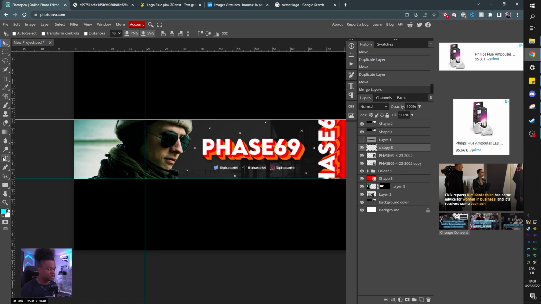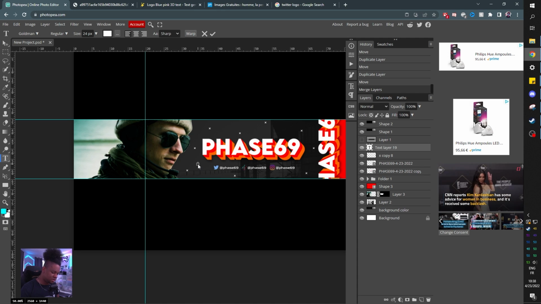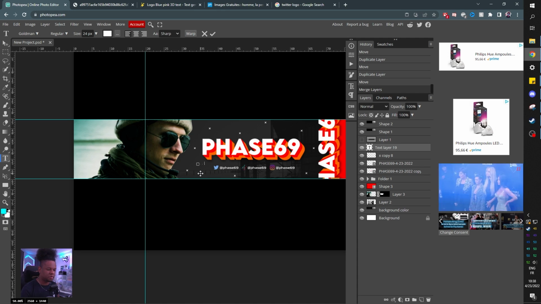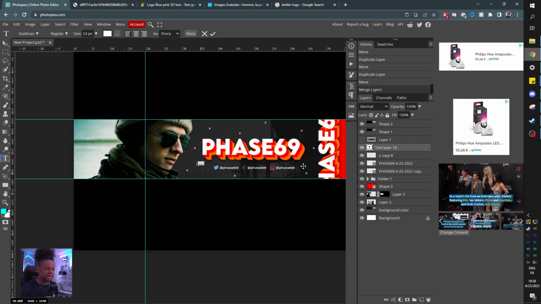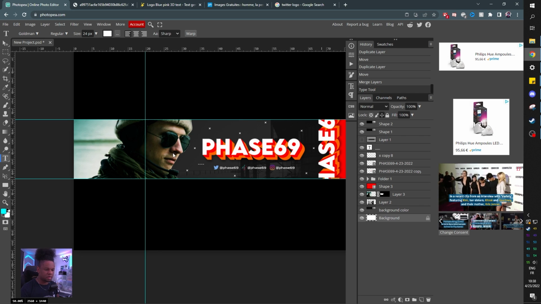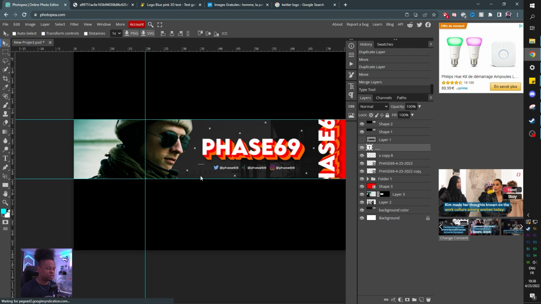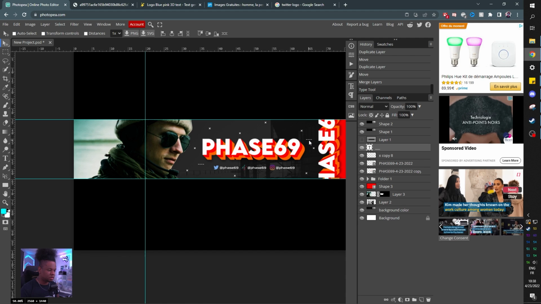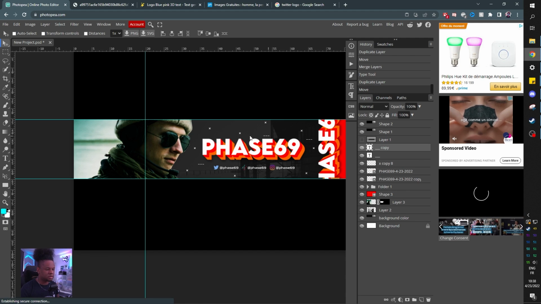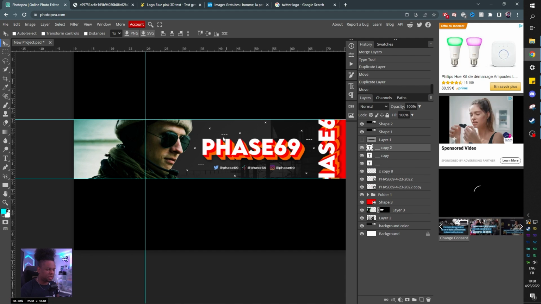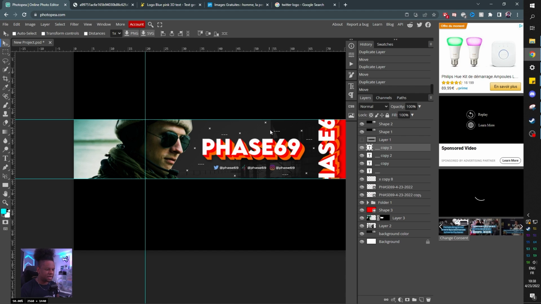Another thing I could do is use the text tool again, click once and do 3 underscores. Make sure that they are white like this. Boom, I got 3 underscores. And now I can do pretty much the same thing. Click the move tool and duplicate. Drop it here. Alt. Drop it here. Alt. Drop it around here. Maybe a little bit less than we had our X's, but details are details.